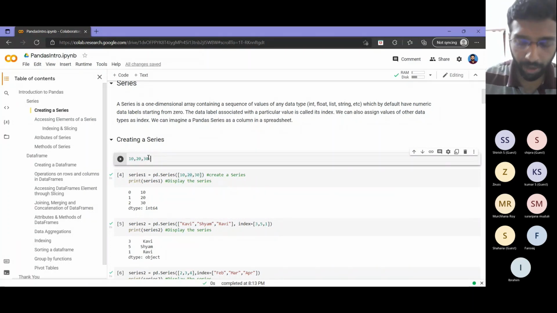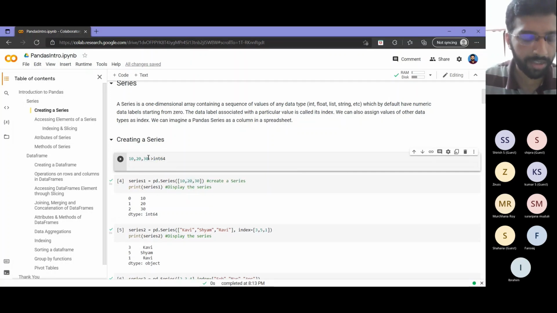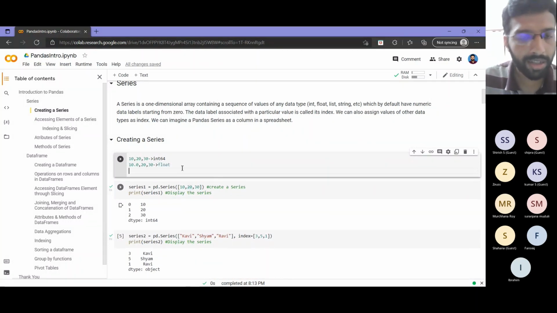If my data is 10, 20, 30, all integers, it will automatically take it as int64 because all are integer types. Now suppose I had 10.0, 20, 30, then I have a float and 2 integer values. The Python interpreter will automatically take it as float and increase the data type of 20 and 30, taking the data type which is the most comprehensive.